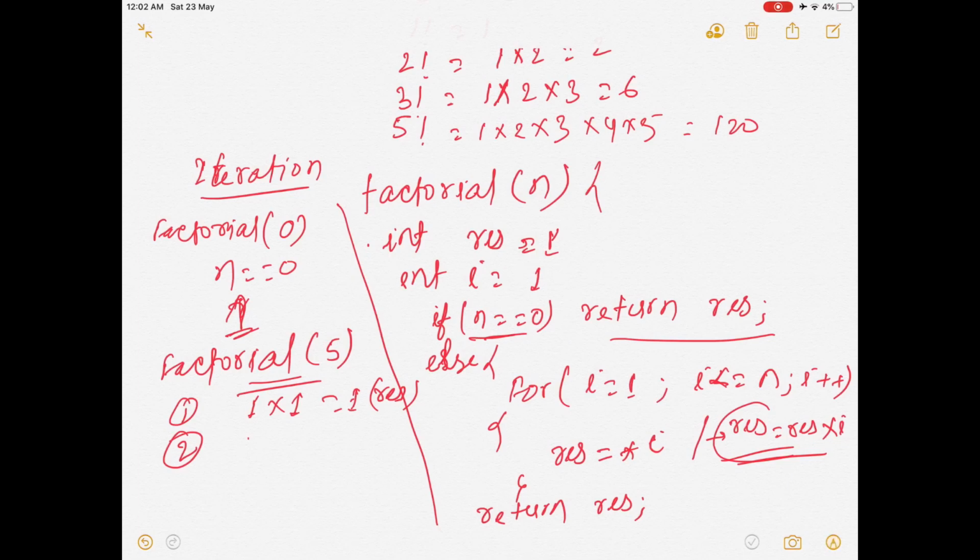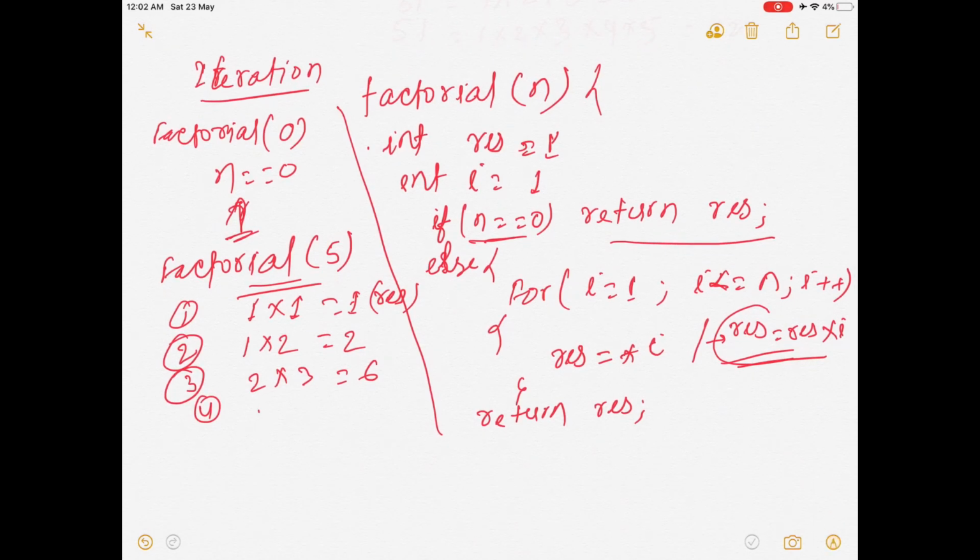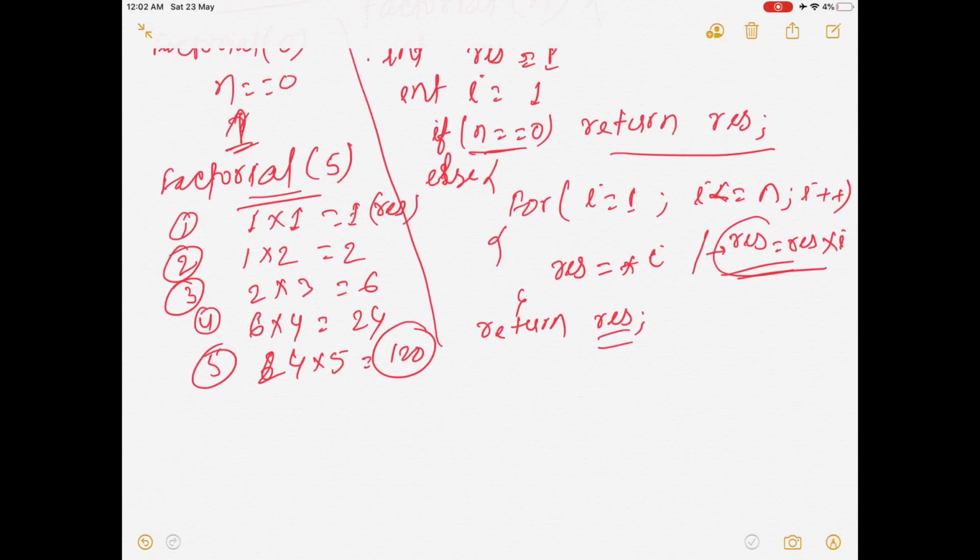In the second run, you will get 1 into 2 because i will become 2, so you will get 2. In the third run, you will get 2 into 3, so it will be 6. In the fourth run, you will get 6 into 4, that is 24. Now in the fifth run, you will get 24 into 5, that is equal to 120. So this will be the final thing that res will return.